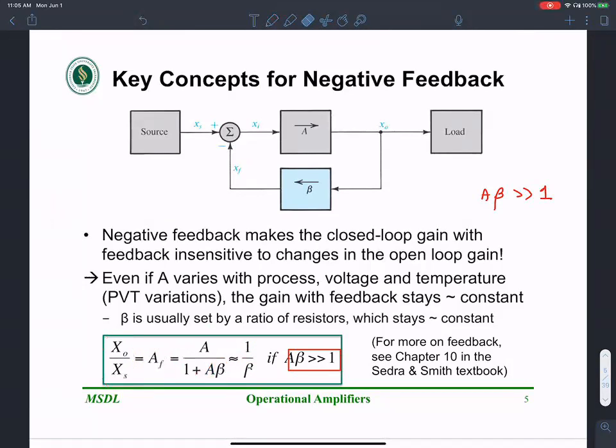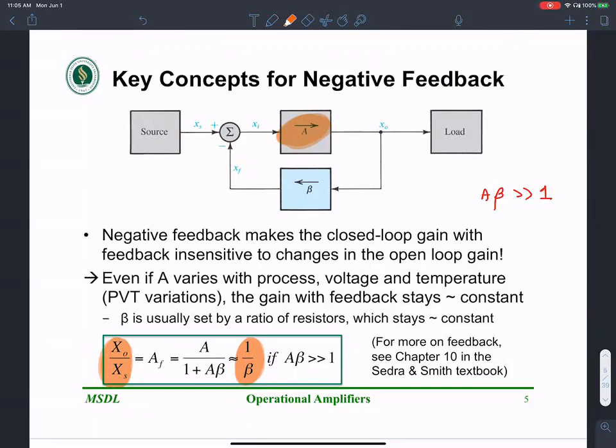This is really insightful: the implication is it does not matter what the value of A is. You see, in the overall gain there is no A term, there's only the beta term. So magically, as long as the value of A is large, the overall loop gain is insensitive to the